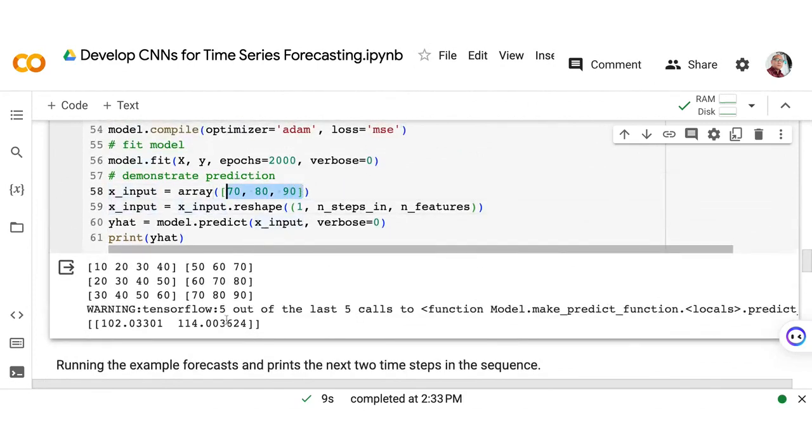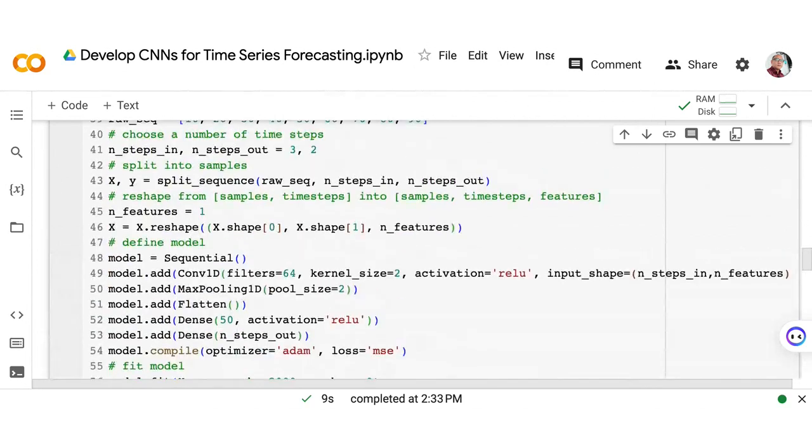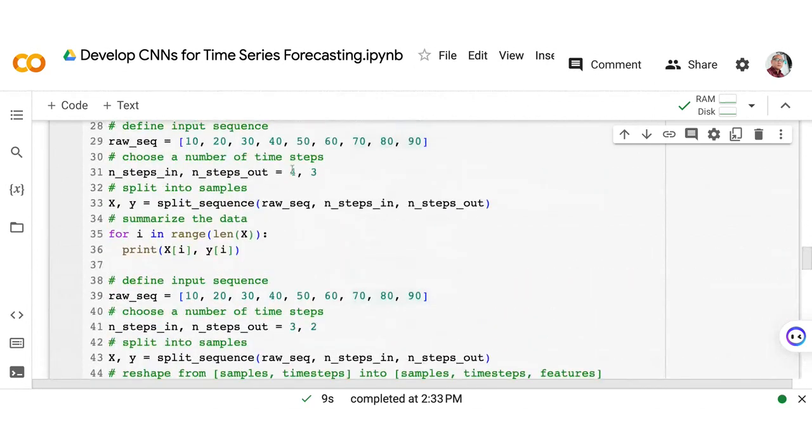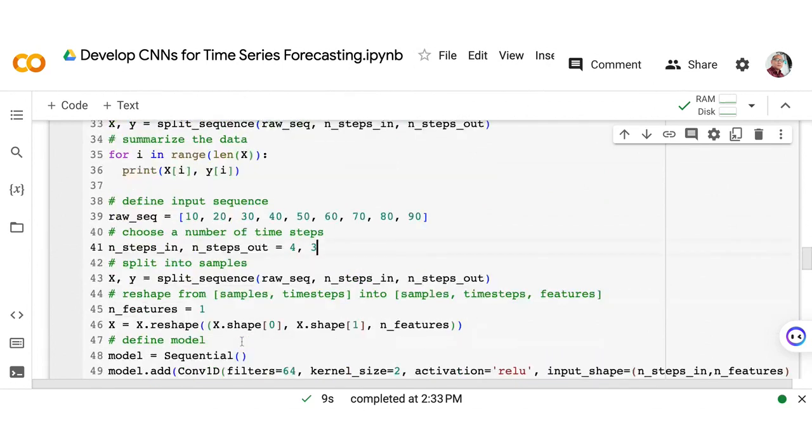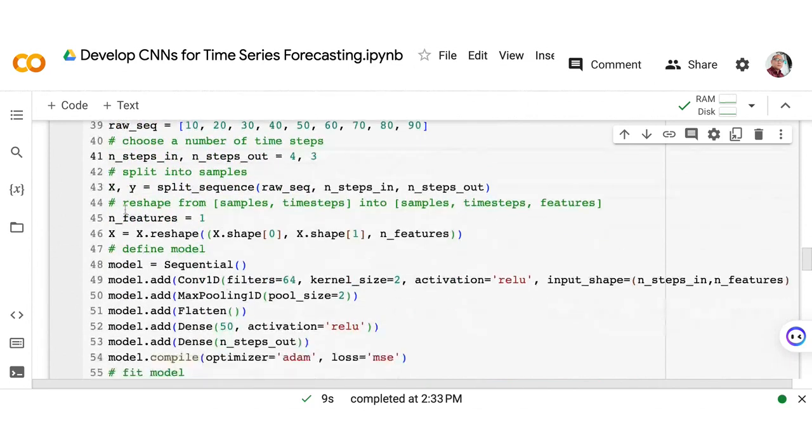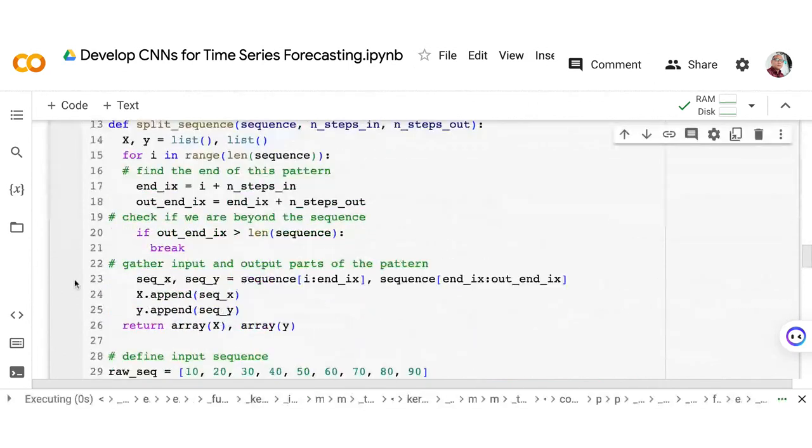So we only have two outputs. It should be three, right? So we're missing something. That means if we change something here, we also need to change it here. So maybe we can change it here. We make it 4 by 3 as the number of steps in and steps out. And then we try to run it again, and let's see what happens.